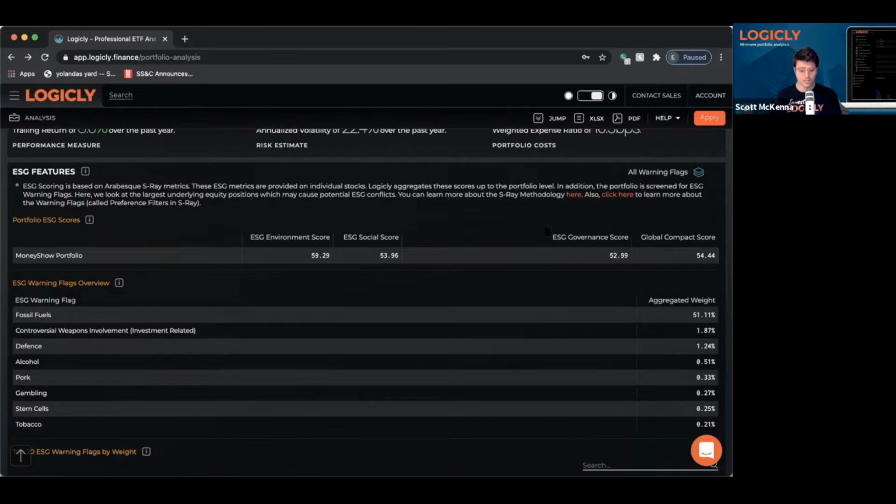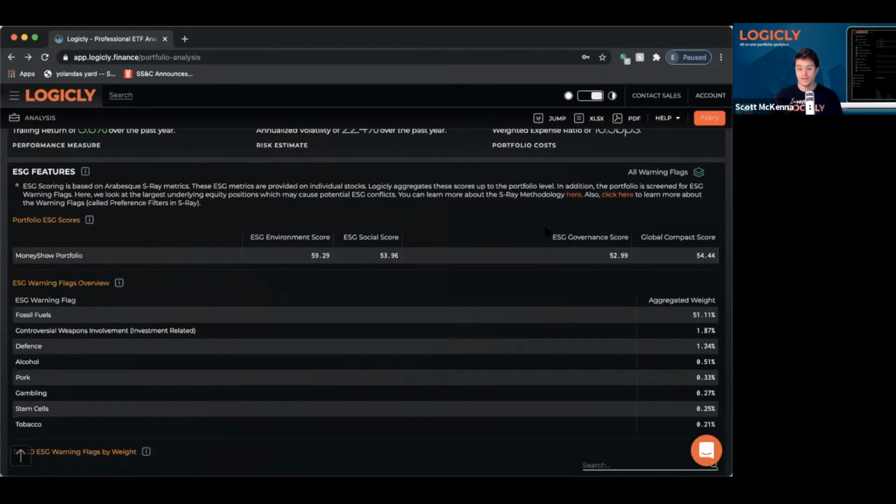This is a great tool, by the way. There's a lot of ETFs coming out that say they're ESG focused. When you pull them into this tool, it's actually interesting. Sometimes they rank lower than some of the other ETFs that are non-ESG labeled. So you always want to use third-party data metrics to validate the claims.